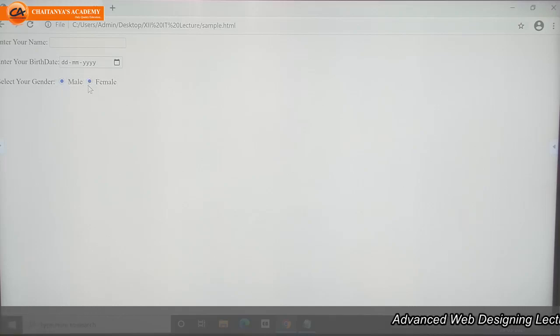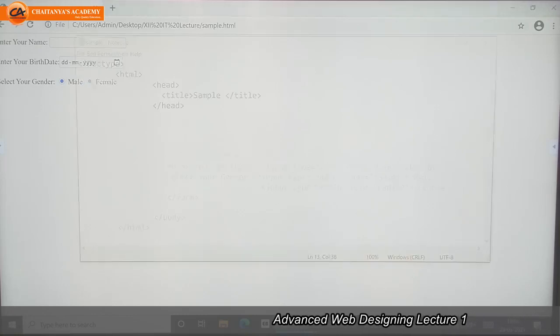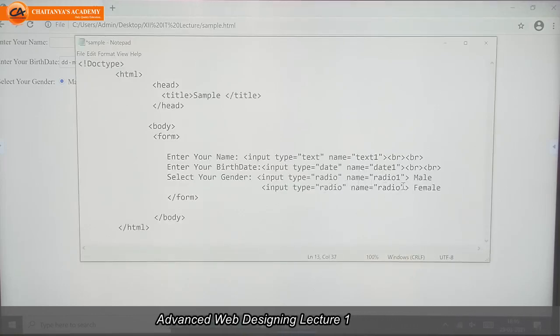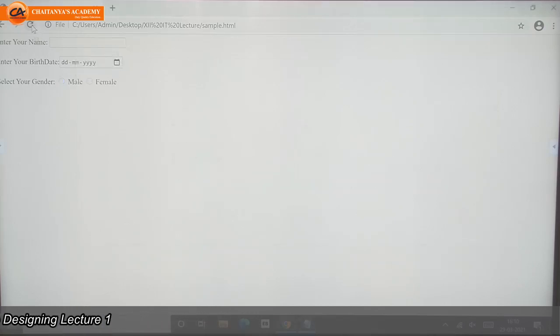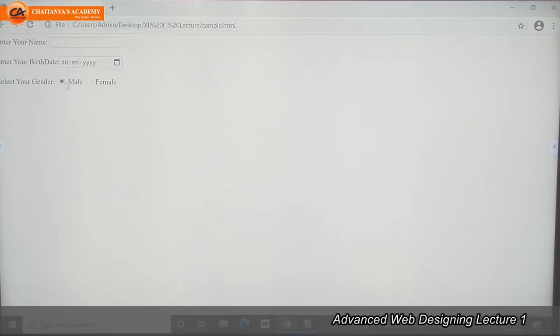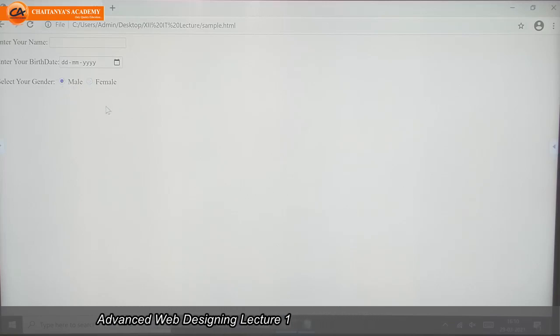Now how am I getting both selected? It should not be like that. Now this is good. Either male or female, only one value.